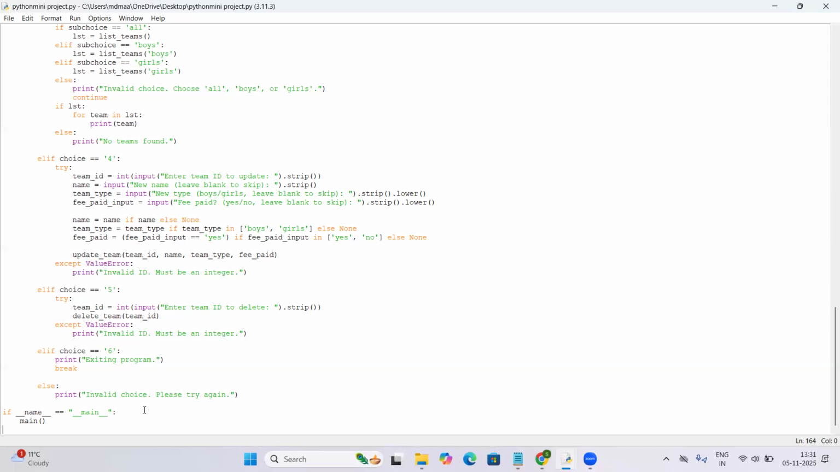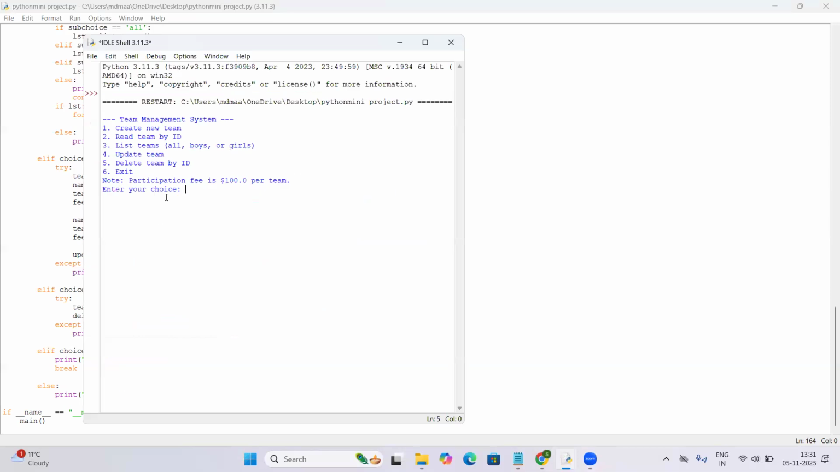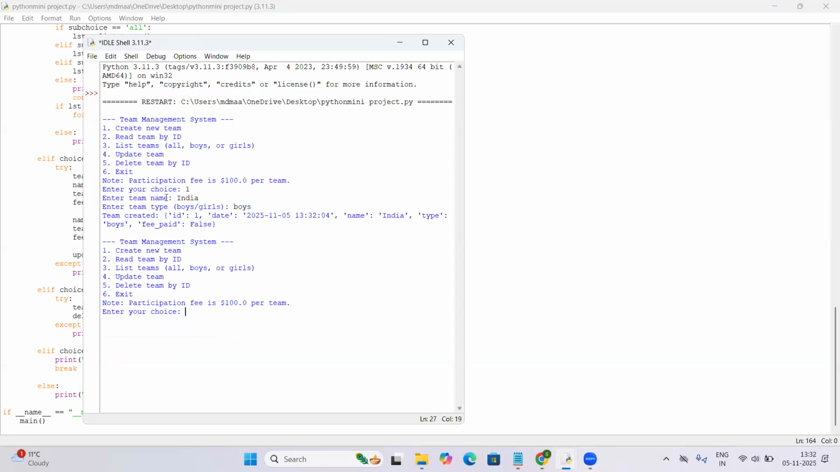After that, I will show you how it works. Suppose you enter your choice. If we want to create any team, we will enter 1. Enter the name, meaning the team name is India. After that, is it girls or boys? Maybe it's boys. It's showing like that, creating the ID. It's automatically created with the exact time, and name India, type boys, fee paid is